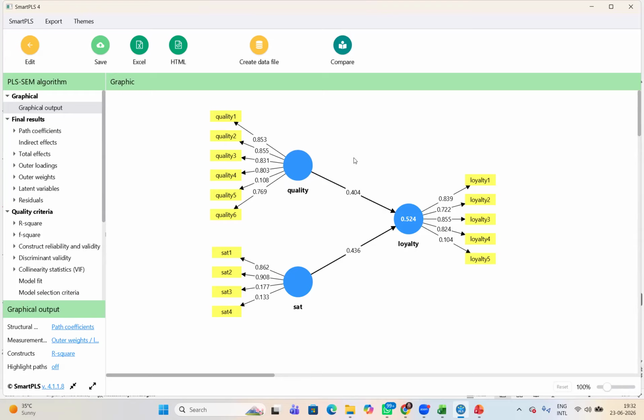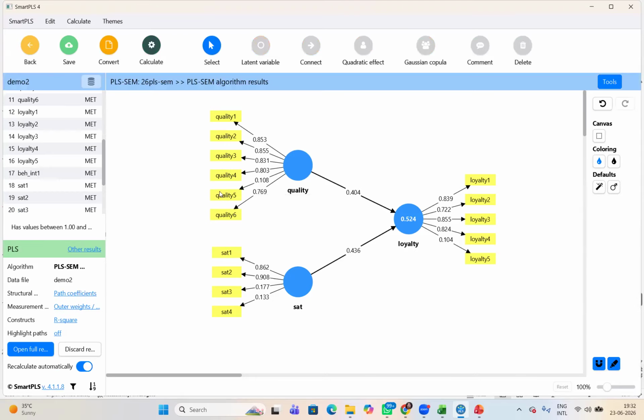You have to remove that. So in quality, one is less than 0.7, 0.108. So it means quality 5 has the problem. We have to delete it.